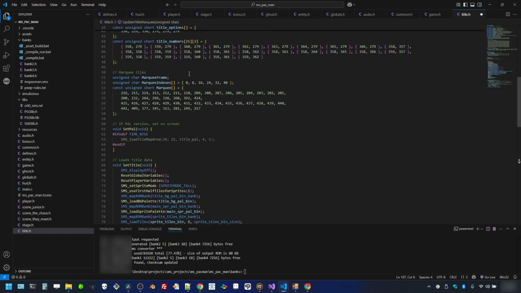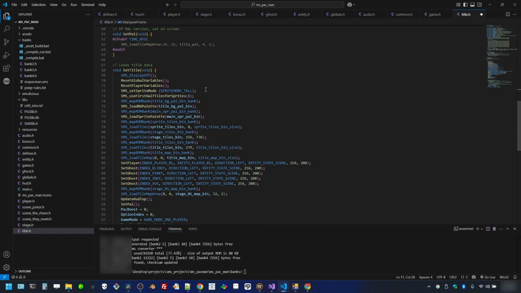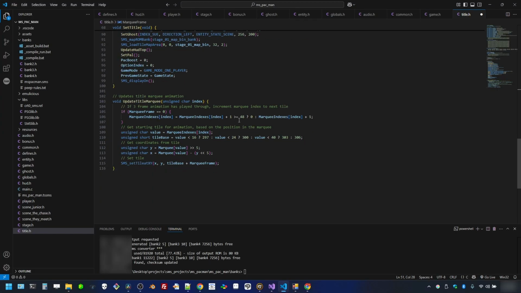Again, all this is the tile index that it's fitting in here. So it starts at 0, and then when it's moving along, it'll add 1 once all the animations have played, moving along this path, and it's going to happen for all 6 of these marquee lights. That's all we're doing here, incrementing it along. And then we're also going to figure out whatever the animation is. So we're going to get that value,